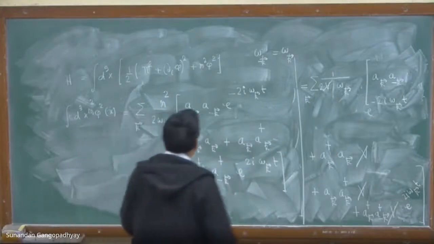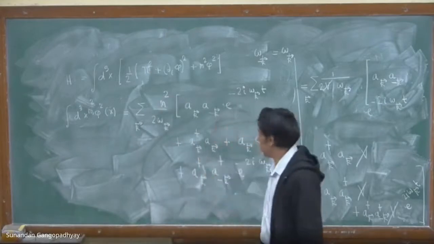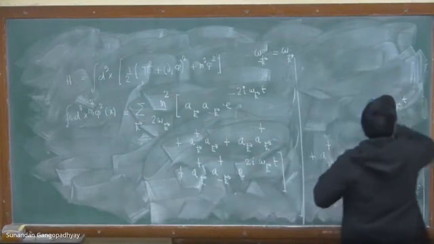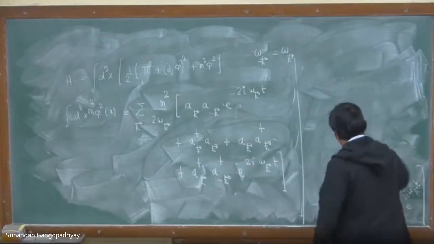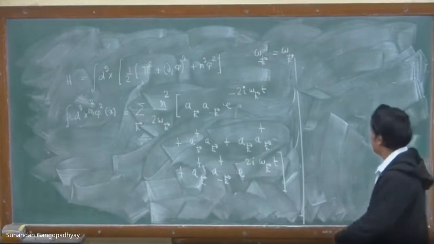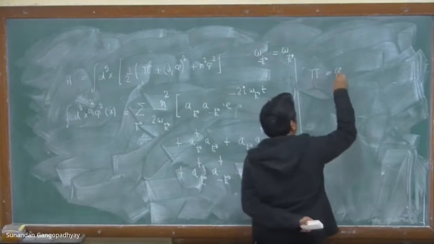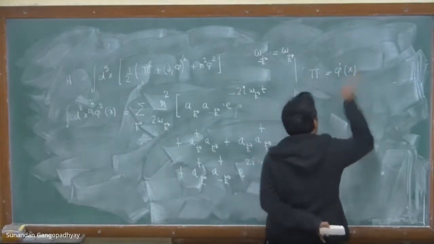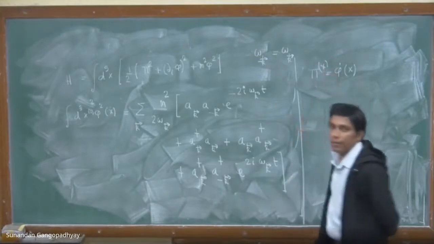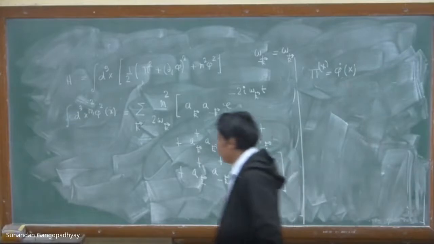Now let us look at, so you please keep this expression with you because we will need this expression. And now let us look at what pi square is. So what is pi? You know what is pi? Pi is phi dot, right? Pi of x, the 4 vector. Pi of x is basically phi dot of x, right? And therefore,